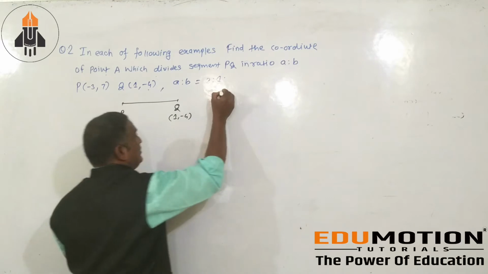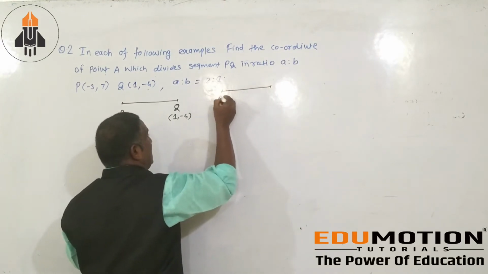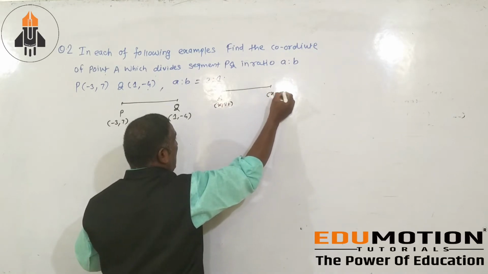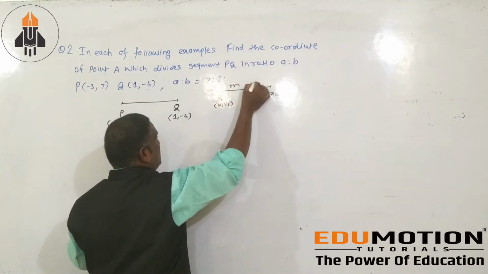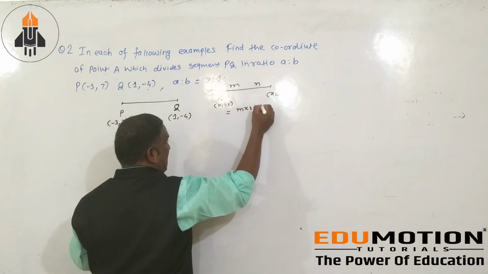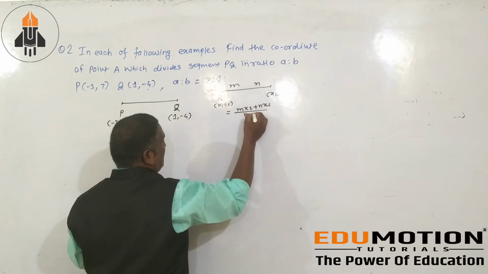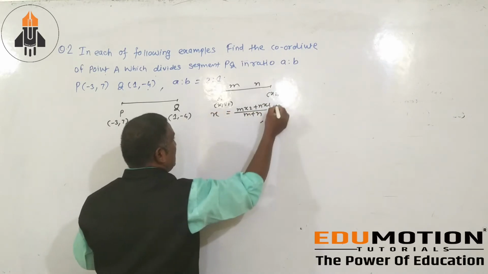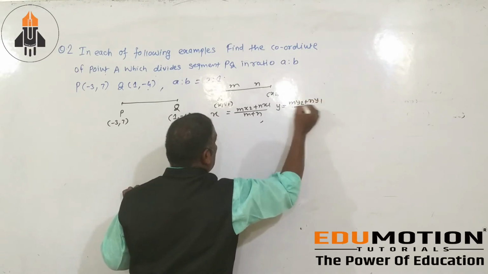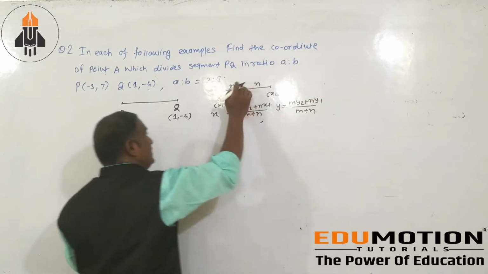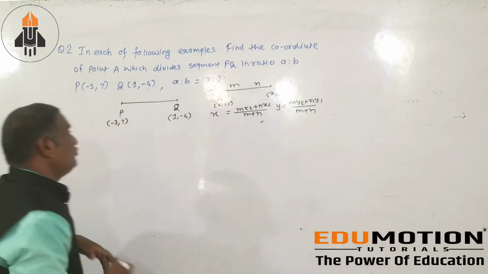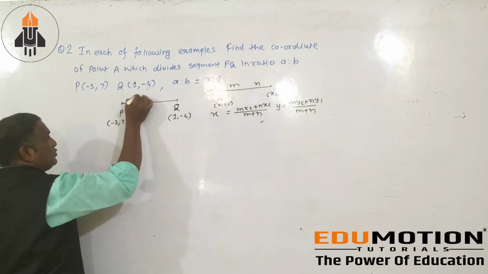मैंने आपको जो एक्सप्लेनेशन दिया है, suppose this is your A with coordinates x1, y1, and B with coordinates x2, y2. Then we write x equals mx2 plus nx1 divided by m plus n, that is your x coordinate. Next is the y coordinate, my2 plus ny1 divided by m plus n. This m and n divide the line segment in the ratio, यहाँ पे आपका a is to b आएगा.